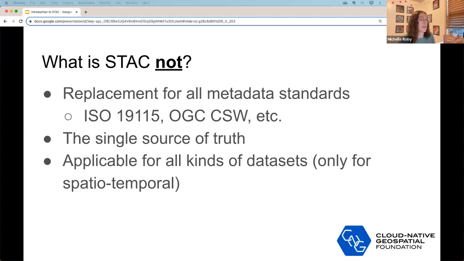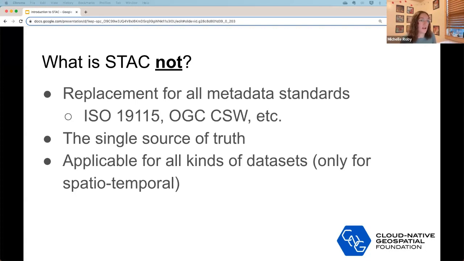This is really great for search and discovery, as we were talking about earlier. It doesn't have to compete with other metadata standards, but just enhance and allow that data to be discovered more throughout the web and throughout the community.